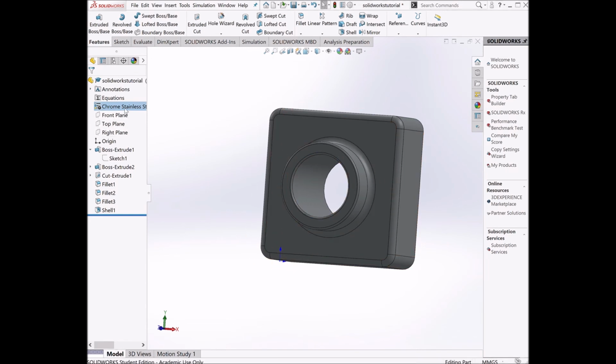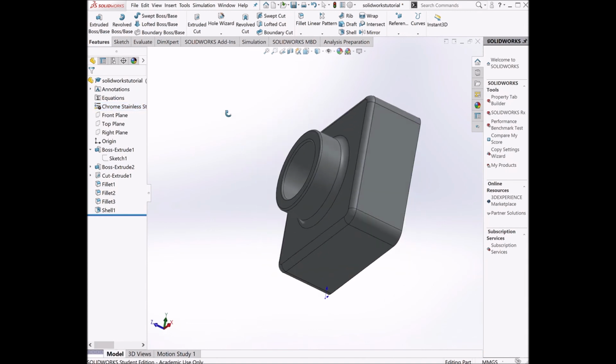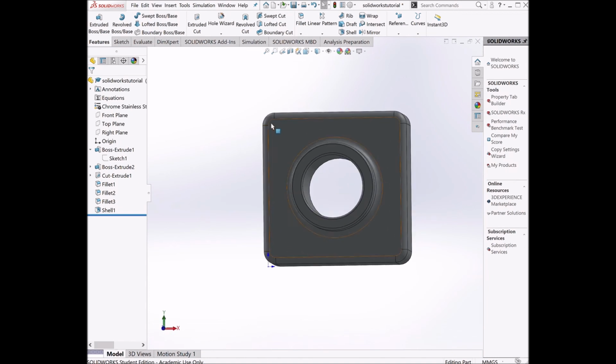Now your design is going to have the features of chrome stainless steel. Now if you want to see how it actually looks, you're going to click on Folder, Open,